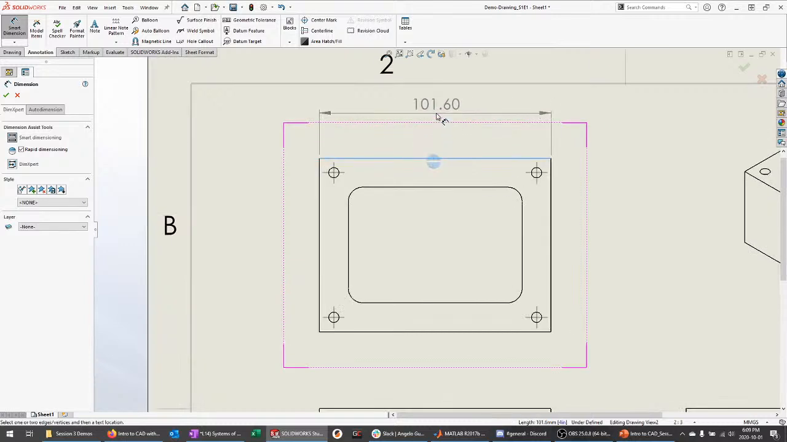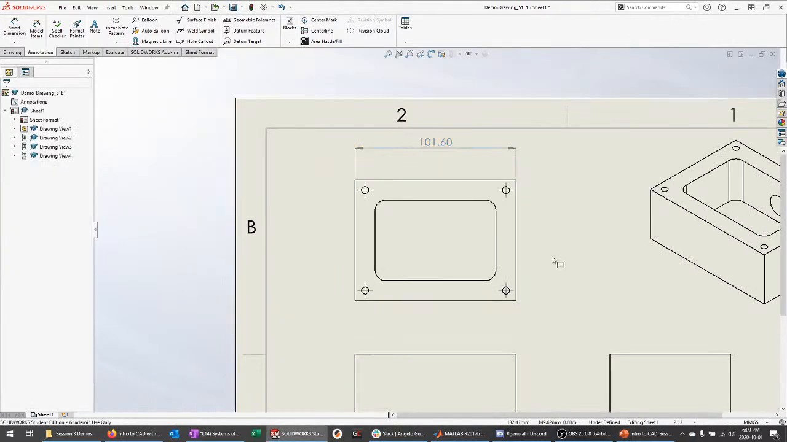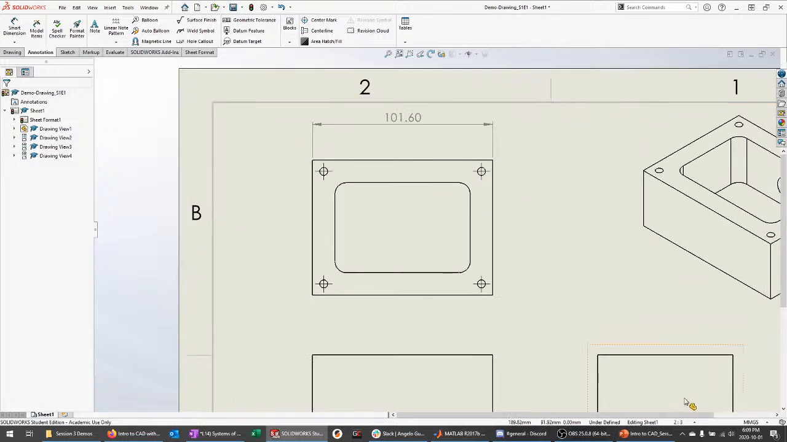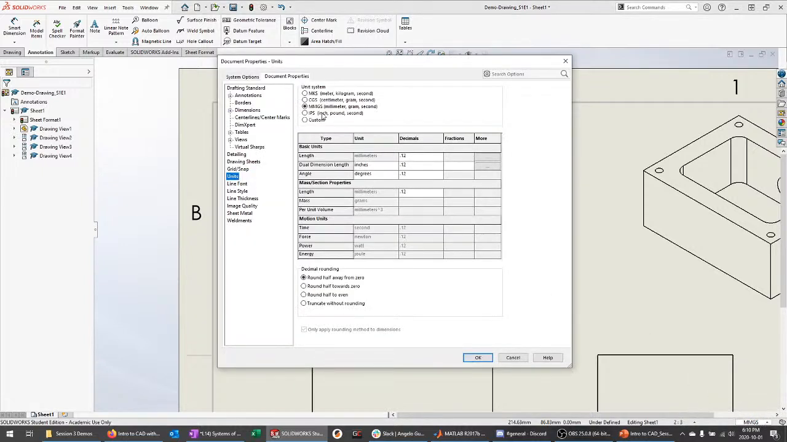And you can come in and select any edges you want. I believe this part was designed in inches, and this is currently in millimeters. So I'm going to switch units. I'm going to go down here to this bottom right-hand corner, go to Edit Document Units. I'm going to go to inch, pound, second, and here is also where you can change the number of digits